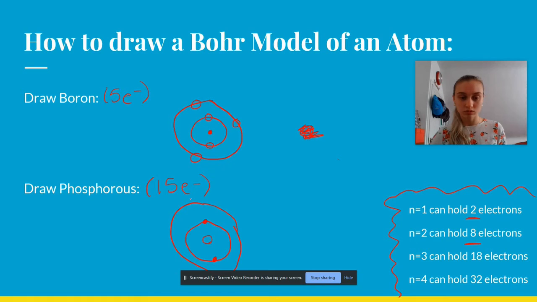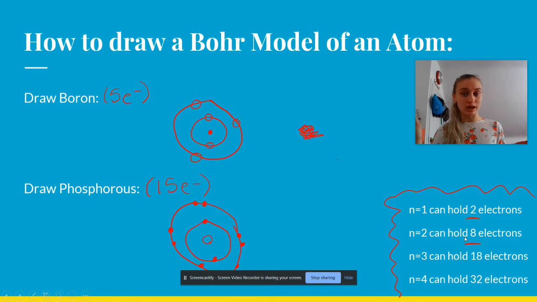So we have 2 so far. So we have our first 2. Now we're going to go ahead and draw the rest of them. So 2, 3, 4, 5, 6, 7, 8 total electrons, 9, 10. Okay, so now we have 8 on our second orbit, and we know that it can only hold